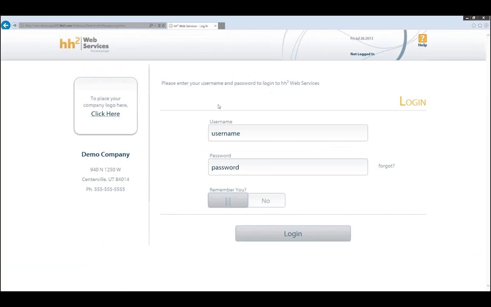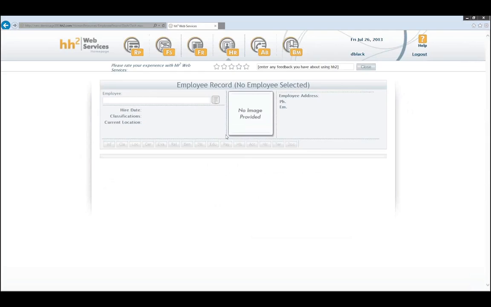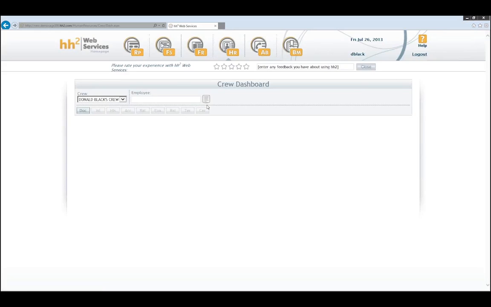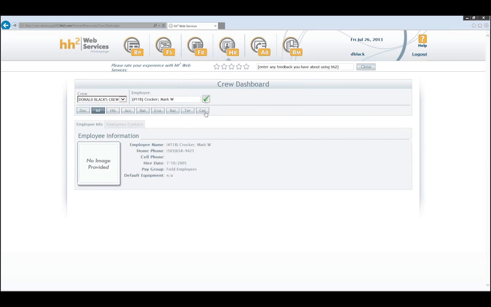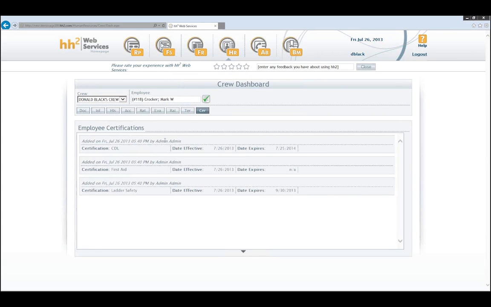So now if I log back in as the crew manager, Donald is going to have access to those certifications for his employees, which is really important. There's a lot of downtime that takes place when a manager has to call into the office for any reason and get information like this, when it can be readily available via iPad, iPhone, or just logging into a website. So I'm going to pull up Mark, and now when we go to the certification, you can see here are the certifications that we just assigned out. Your manager has access to it. They don't need to question it now. They know exactly if it's effective or if it's